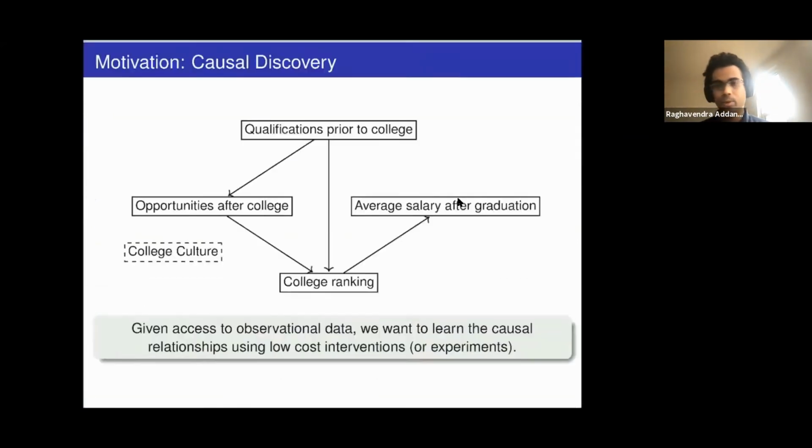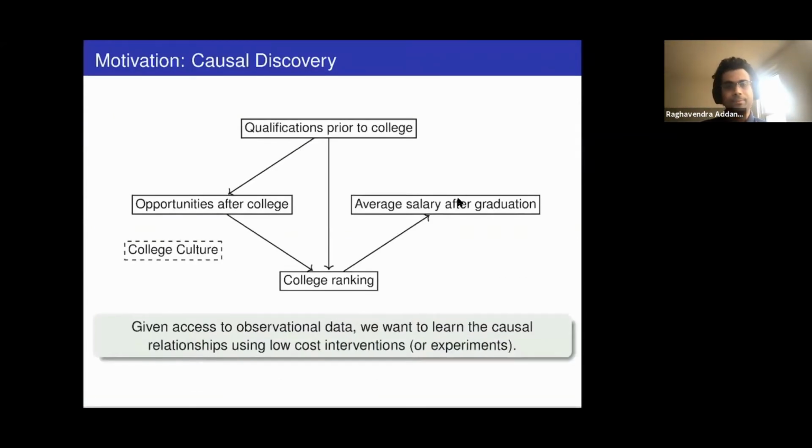Okay, let's see the motivation for studying this problem. The motivation comes from this fundamental problem in causality called causal discovery, wherein we are given certain random variables in our system. Some of the random variables are called observable variables, where we can measure them. We can look at their values. Some of them are hidden variables, where we cannot measure these random variables. So in this example,